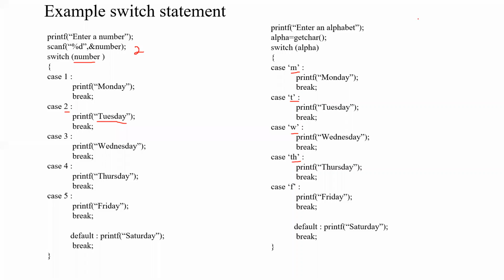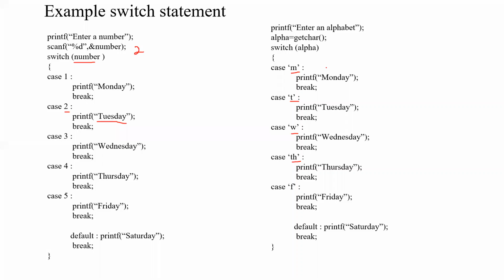Now, there is another function for accepting input from the user. We have studied only printf and scanf. Printf is for printing, right? And scanf is for accepting, right? So in order to get an input from the standard input device, which is our keyboard, we will be using scanf. And in order to print output onto the monitor, which is our standard output device, we'll be using printf.